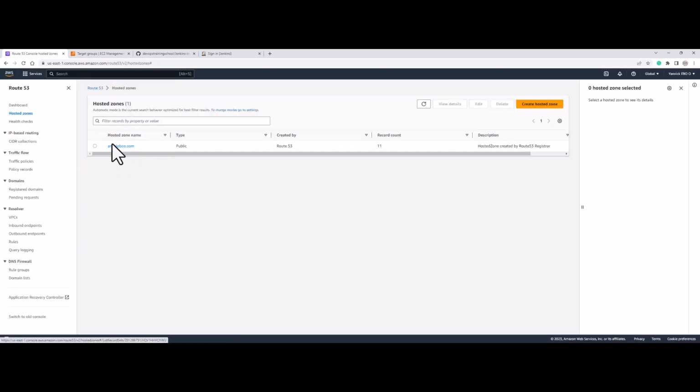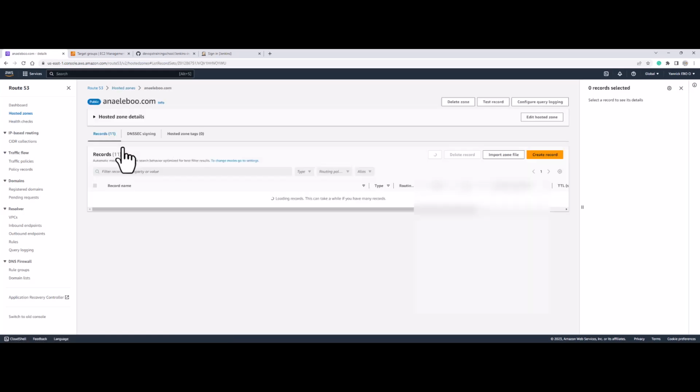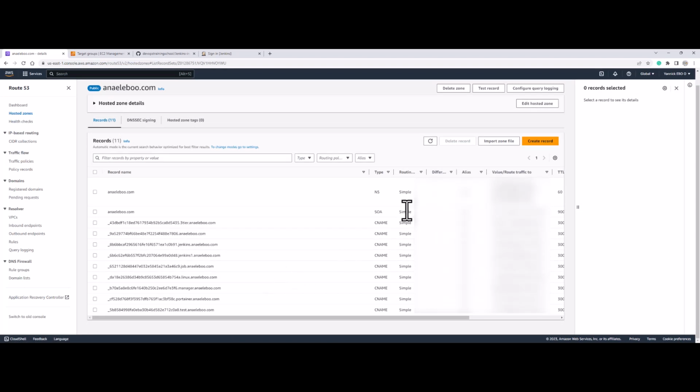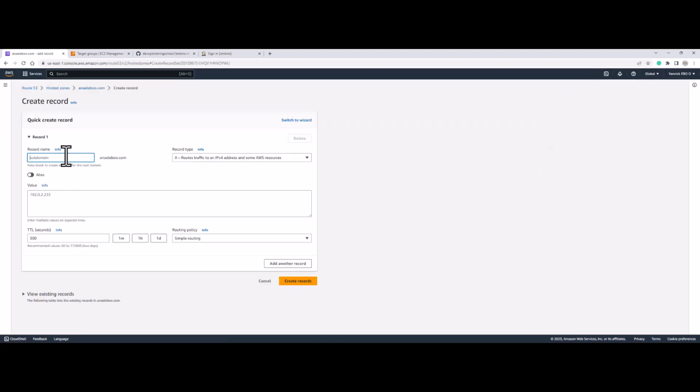I only have one hosted zone. It's going to be anayelebo.com, and I'm going to add a record. I'm going to click on create record, and I'm going to put my record. It's going to be Jenkins.anayelebo.com, and I'm going to click on alias,